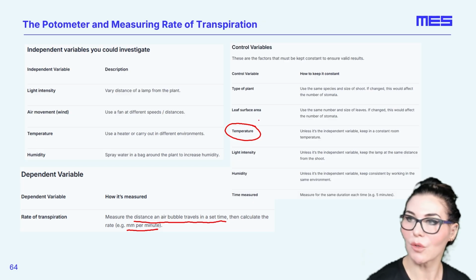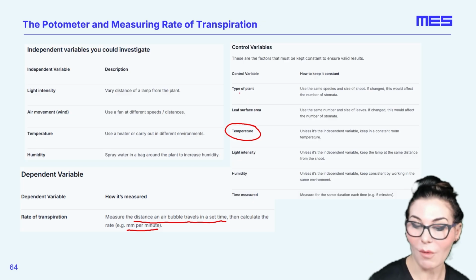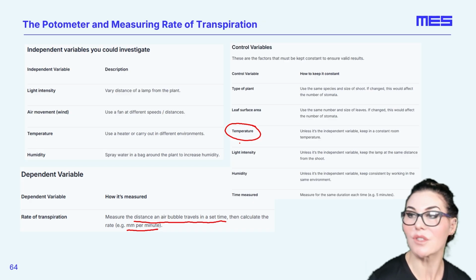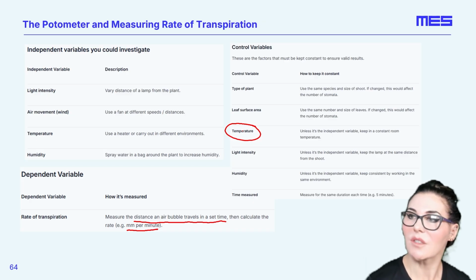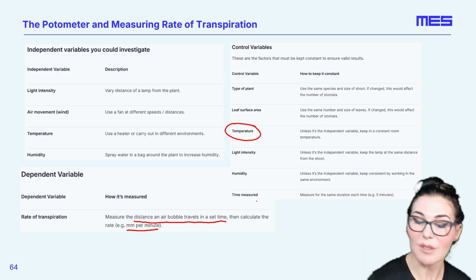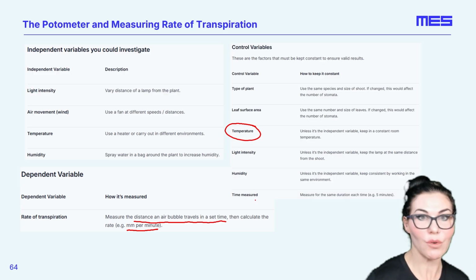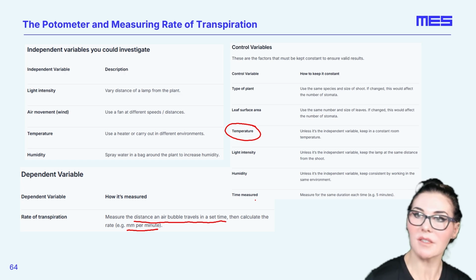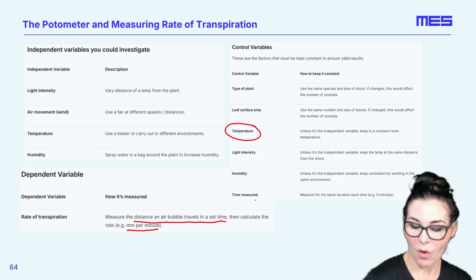And you also want to make sure that you're using the same plant throughout as well, because different plants might have different surface areas on their leaves and therefore different numbers of stomata. So there's lots of control variables to be considered, but it depends upon what you're investigating. So you'd have to think carefully about that if you were given a question. Make sure you know what the dependent variables are, what the independent variables are, and what the control